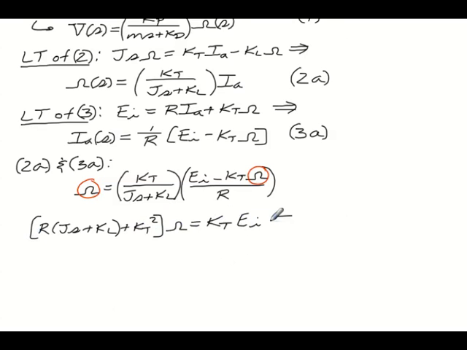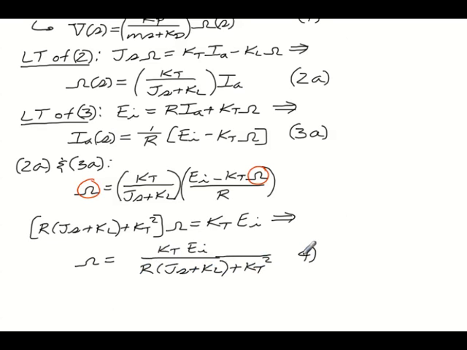So therefore, from this, we can see that omega is equal to K_T, input voltage, all divided by R times (J s plus K_L) plus K_T squared. So now I'll call this equation 4. We can put 4, combine that with equation 1,